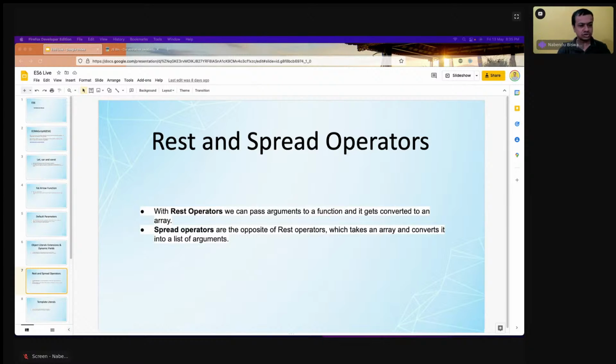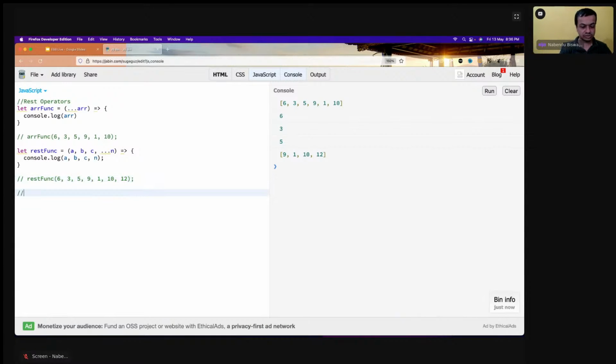Okay, so now we will learn the spread operator, which is the opposite of REST operator, which takes an array and converts it into a list of argument. So I'll do the spread operator, and let A equal to, so I'll take this thing equal to like this, and then